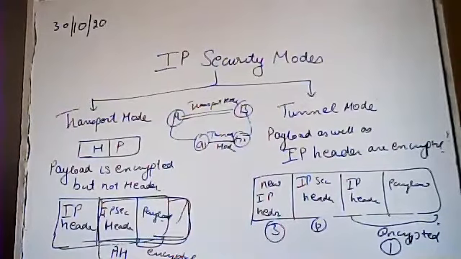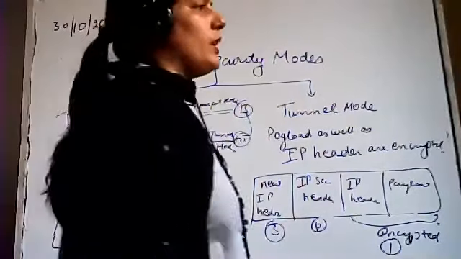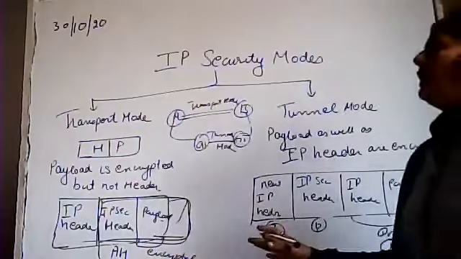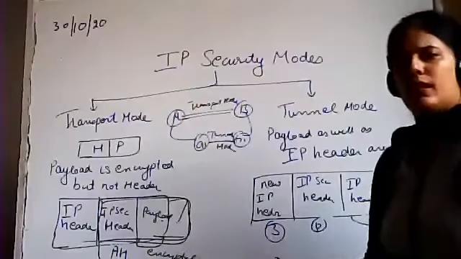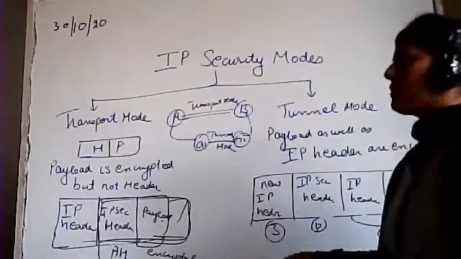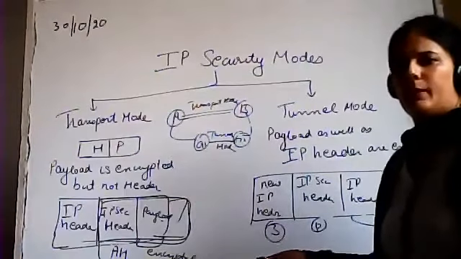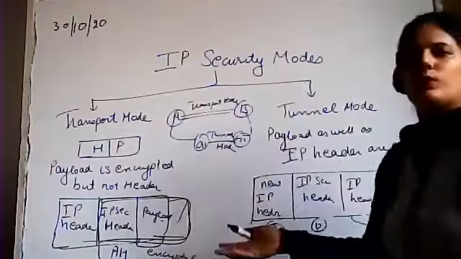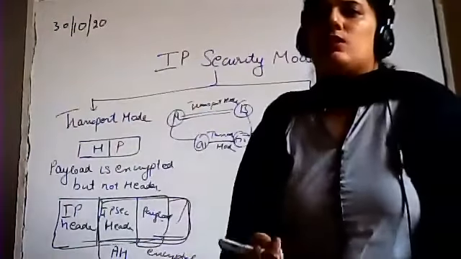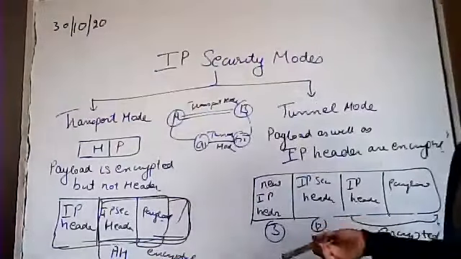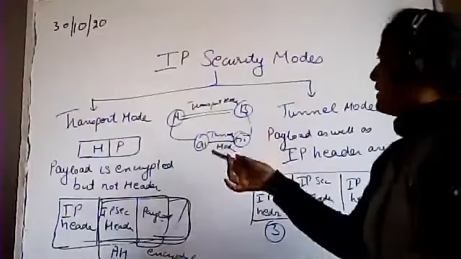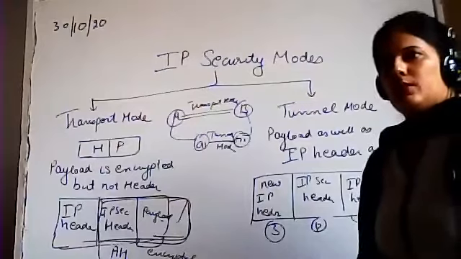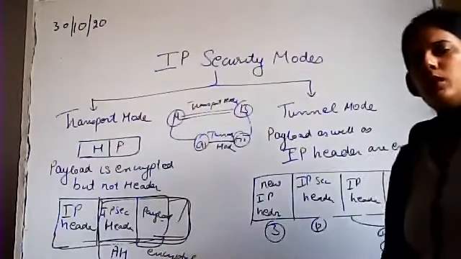So this is all about the tunnel mode and the transport mode. This is just for your knowledge, why we require them and what is the use of the tunnel mode and the transport mode. You can define this as one of your security association parameters. Sometimes you need to specify what type of mode you are using while transferring the data, whether it is the transport mode or the tunnel mode. Clear? I hope this topic is clear to you.